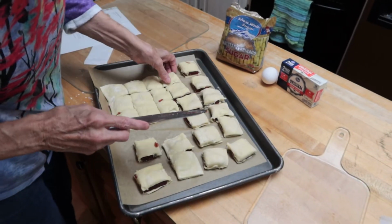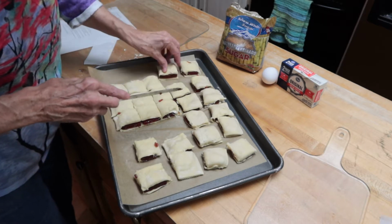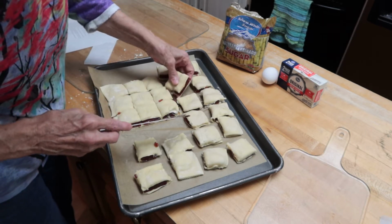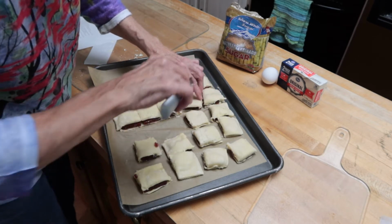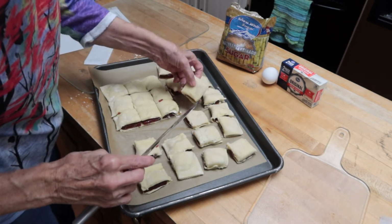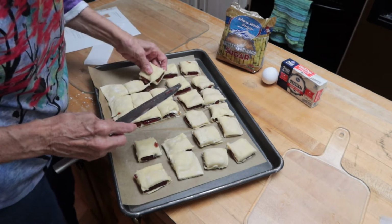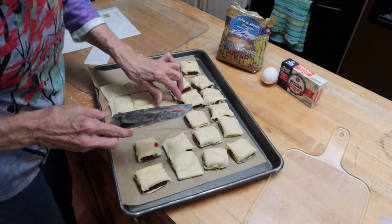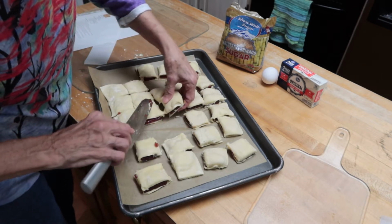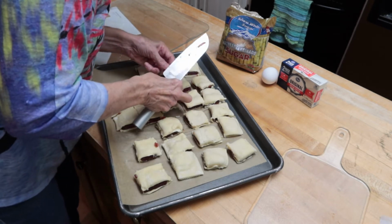I think when I get these separated, you can leave them together, it says, and bake it and then pull them apart afterwards. But it also says you can pull it apart and bake it like cookies, and that's the way I want to do mine. But when I get through with this part, I think what I'm going to do is transfer these to another baking sheet, because my parchment paper,